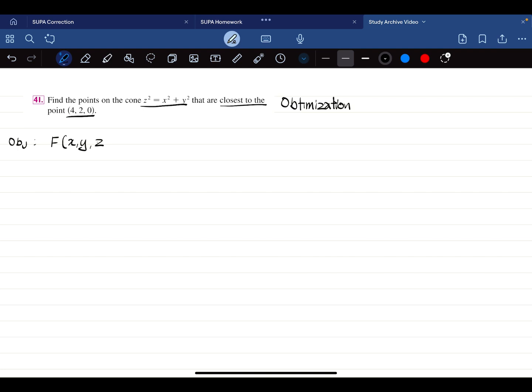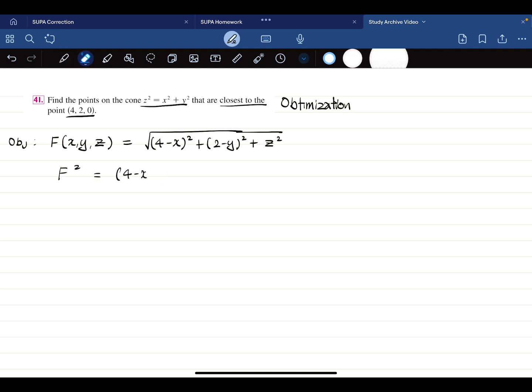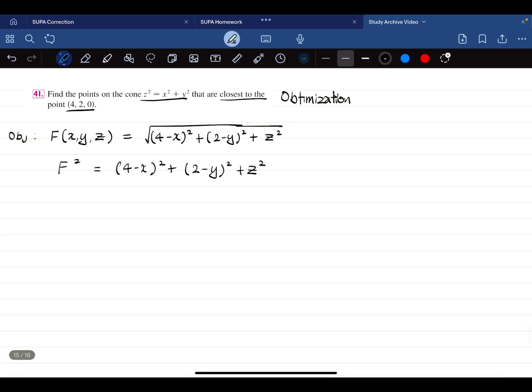f(x, y, z). And this is going to be the function to get the distance to (4, 2, 0). And just for sake, we're going to square everything so we don't get nasty square roots in our optimization question. And since we're finding the closest, we're looking at the minimum. Now,